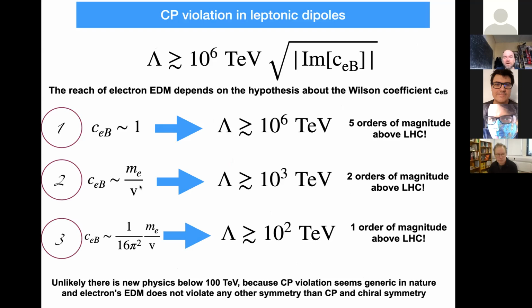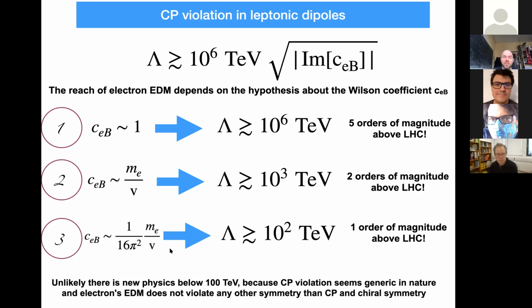And if you take this into account, you have to put this m_e over v into this formula. So you will get that you're only probing the scales up to 10.3 TeV. But that's still impressive. That's 2 orders of magnitude above the LHC. One last thing is that there is yet another thing about these dipole interactions,